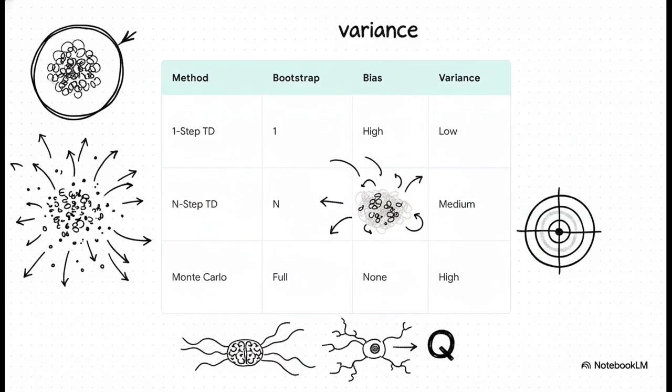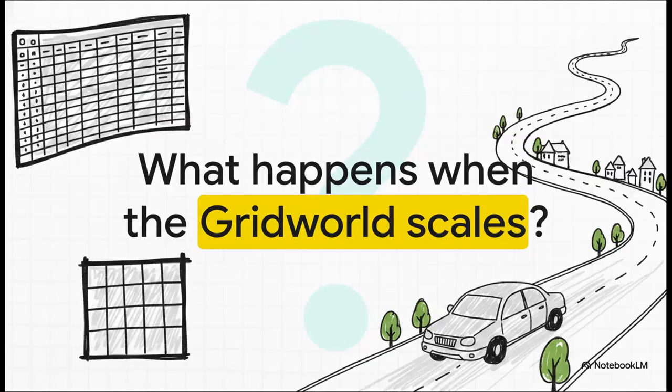But it introduces high bias because it's relying on its own incomplete value estimates. Monte Carlo, meanwhile, has 0 bias since it uses actual real-world returns, but the variance is massive because so many random things can happen over a long trajectory. Now, tabular tracking, literally keeping a spreadsheet of every state in action, works great for a tiny 5x5 grid, but